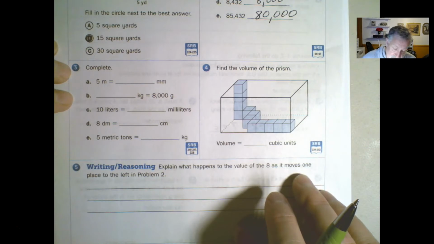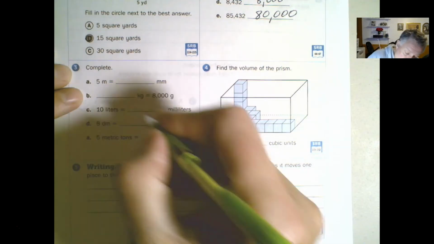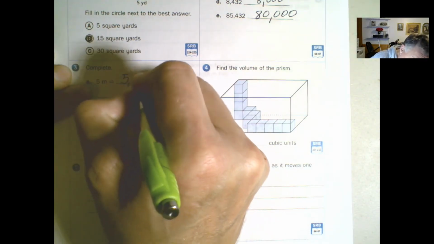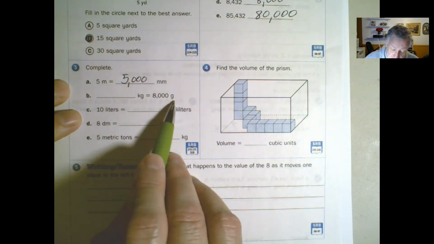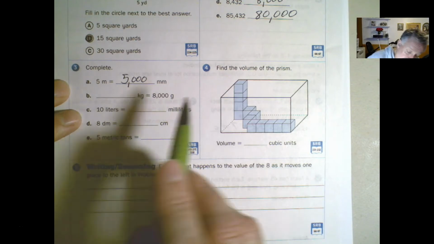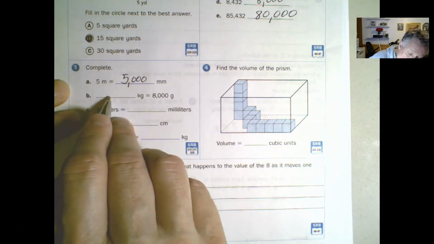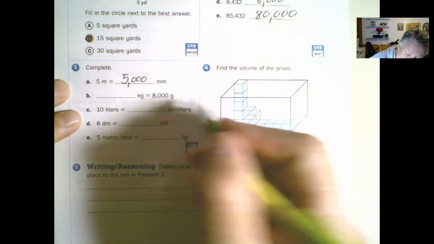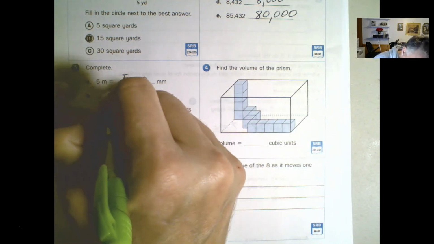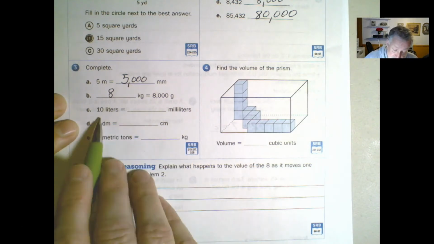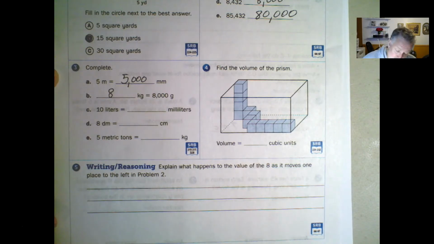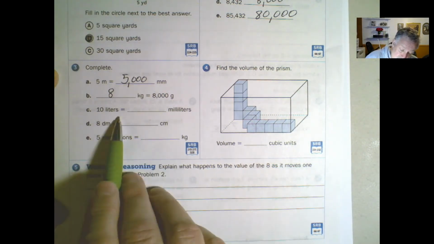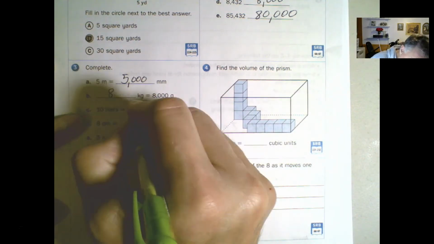Looking at number 3. 5 meters is how many millimeters? 1,000 millimeters per meter. So 1,000 times 5, 5,000. How many kilograms is 8,000 grams? 1,000 grams per kilogram. So 8,000 divided by 1,000 gives me 8 kilograms. 10 liters is how many milliliters? There are 1,000 milliliters in every liter, so 1,000 times 10,